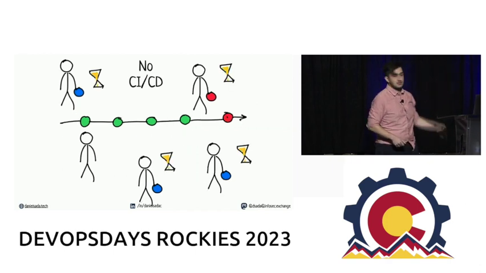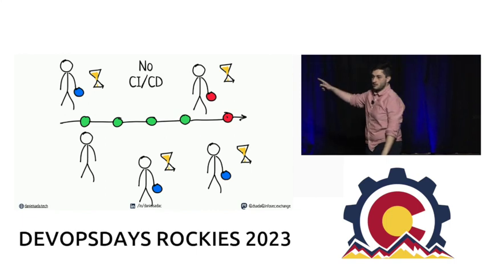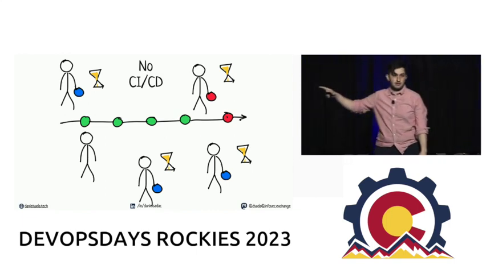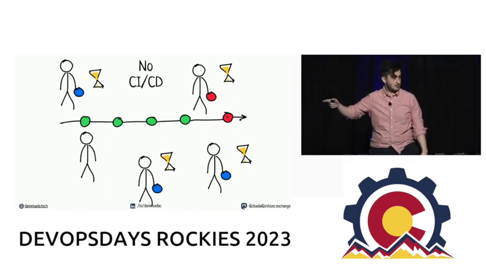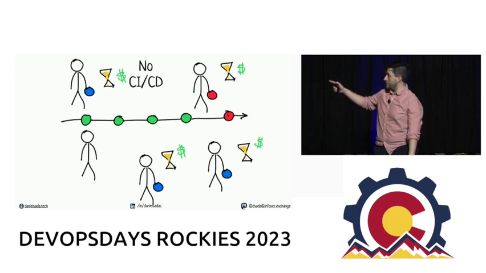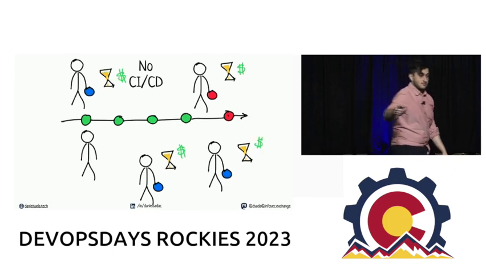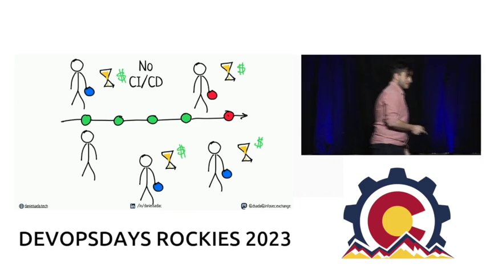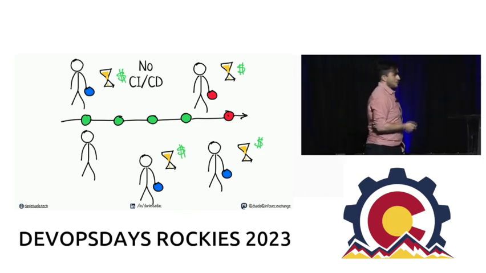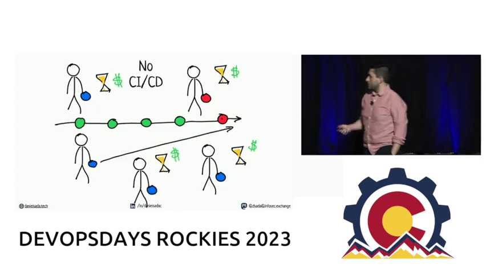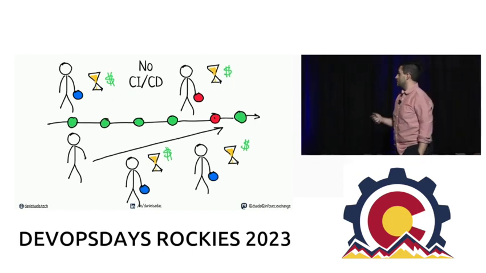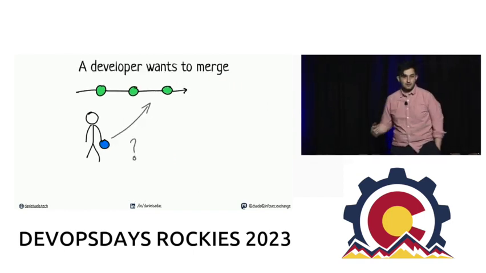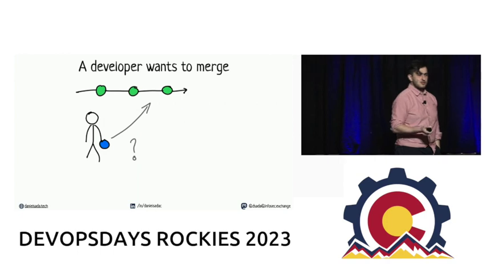What happens? Everybody else has to wait for that one developer to fix their code. And then if everybody's waiting, we're wasting money. Developers are expensive. Also, we don't want to have them like that. And then we have to wait for the fix to go in, and once the fix goes in, now everybody can do their work. What's the solution?